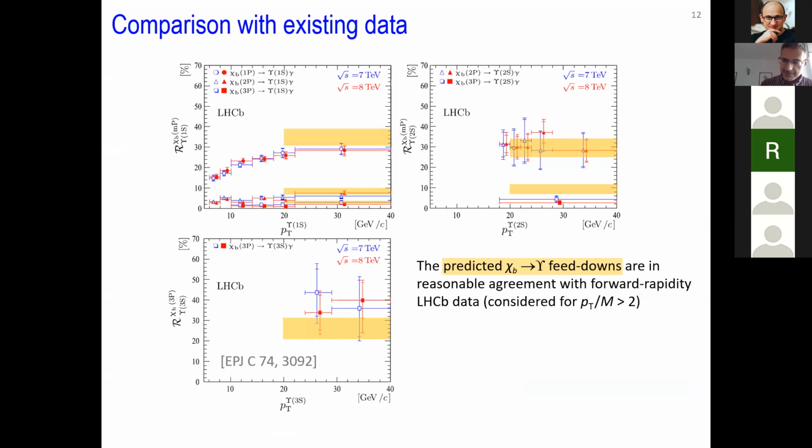First, a note to check that this feed down structure that we've used is not incompatible with the existing measurements, which are from LHCb, but they are in a different domain. They are at forward rapidity, while in all this study we are using only mid-rapidity data. In any case, this can be seen as a confirmation that nothing is very wrong.